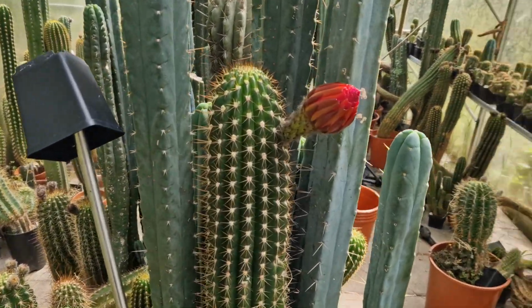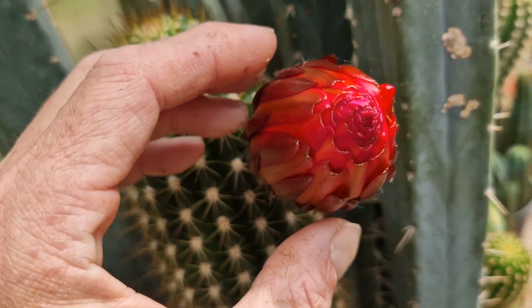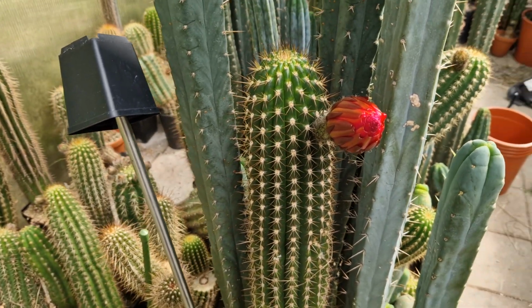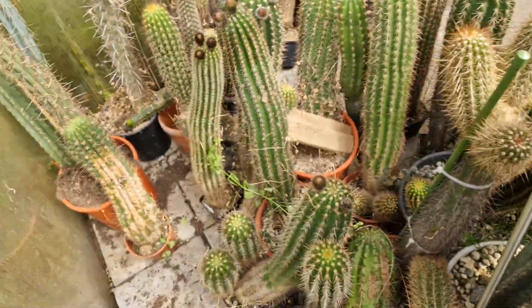So right now it's very hot. It's unbearably hot outside and I want to do a fast video. So let's have a look what's going on because we are moving towards the next flower flush. So in here, this one's opening up and slugs already took a bite out of it. Looks a little bit funky here. This is Verlets crossed with Telegonoides hybrid Legon. Then here,